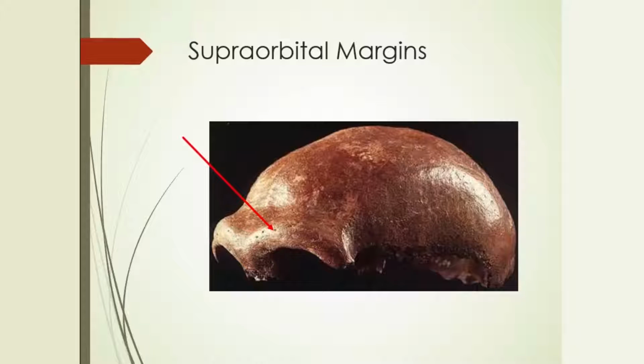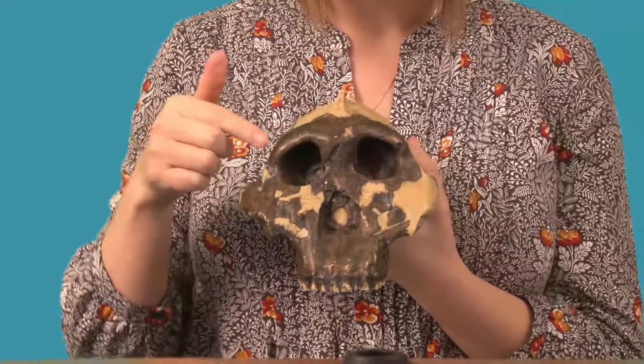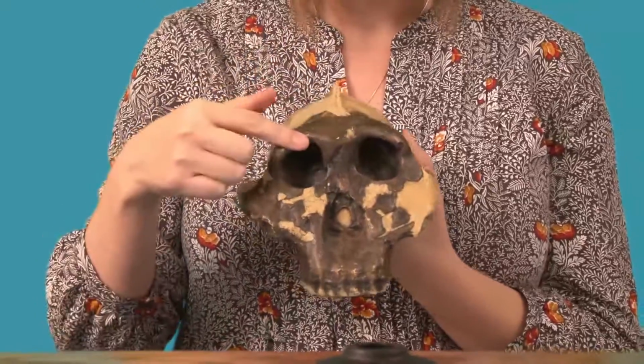Like I said earlier, you are going to need to know some basic terminology, some features of the skull that you're really going to use more so later in the semester for some of your labs where you're looking at hominid fossils. So we're going to go over some basic features, and we'll first start with supraorbital margins. Supra means above, orbital means the orbits here. So this is an area of bone that lies directly above the eye orbits.